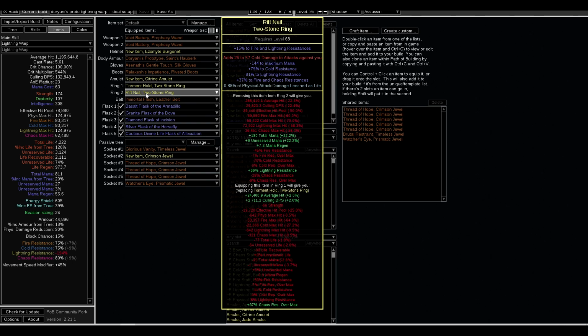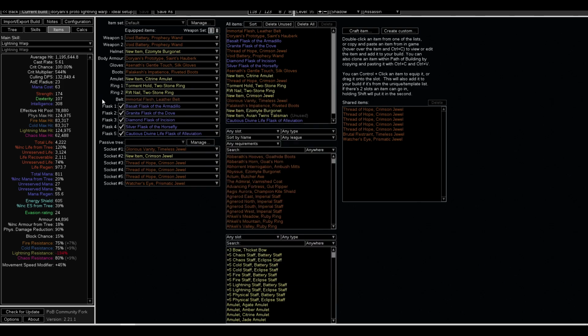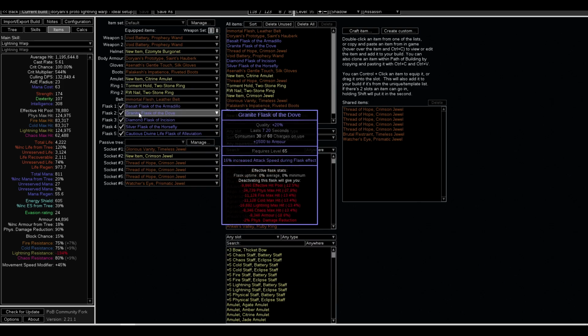The main thing is Immortal Flesh. We have 40% increased armor, minus 25% to lightning res, and extremely high life pool and extremely high life regeneration rate. With life catalysts, even without them, it's huge, hilarious. For the flasks, Basalt Flask, Granite Flask for armor, some mitigation. It was saved from the yellow version, which had only armor that mitigated our lightning damage, but here we have